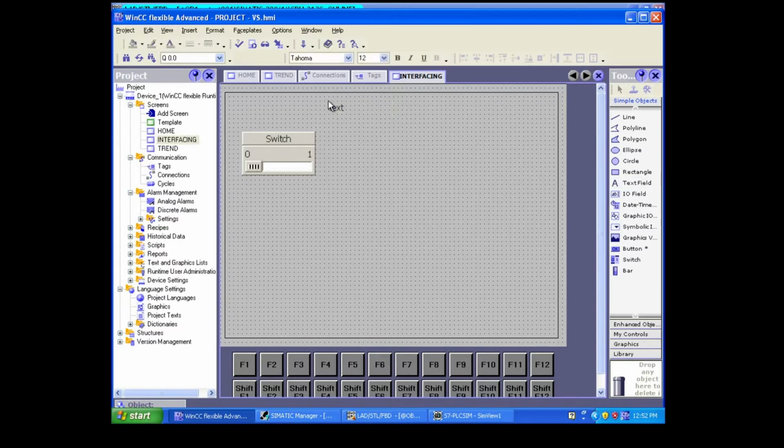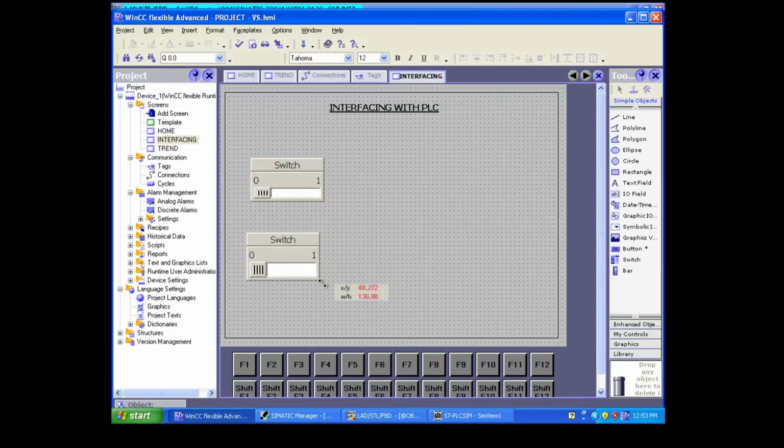We'll type this is an interfacing, because so far we have seen the virtual simulation. I'll make this bold and underline. So this is my start switch and this is my stop switch.